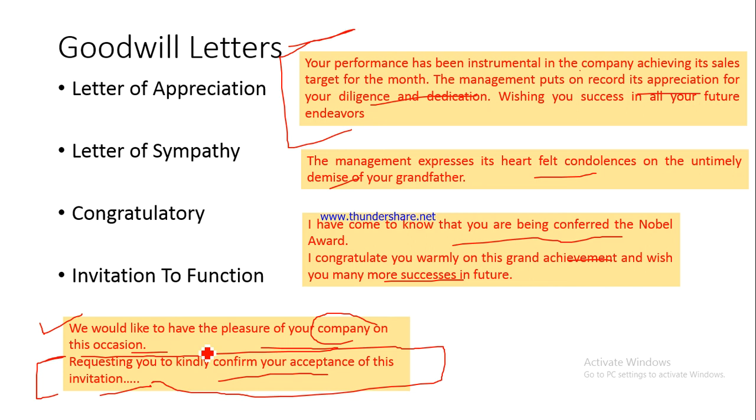However, it may so happen that you might want to send this kind of a letter to your customer also, or maybe to your supplier also, or maybe to, let's say, the district magistrate also, because you have to liaison with the district magistrate for various business purposes. So in such a case,